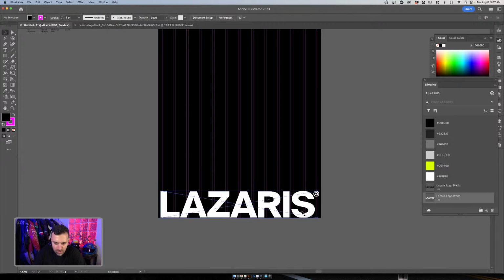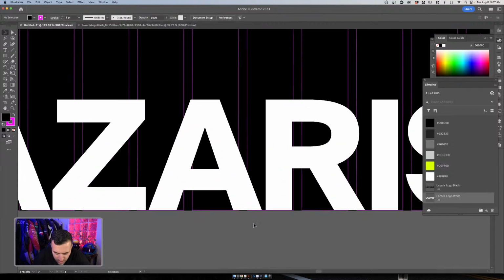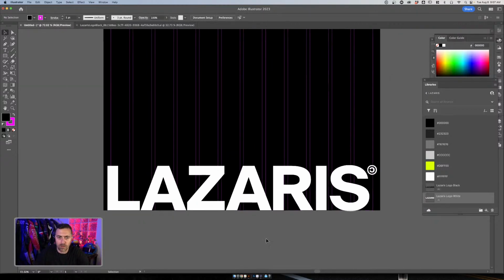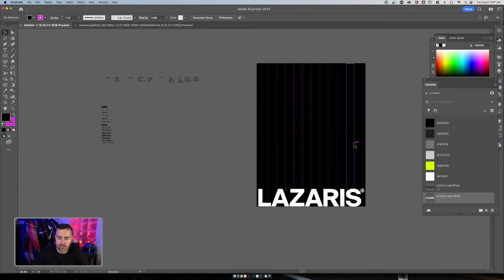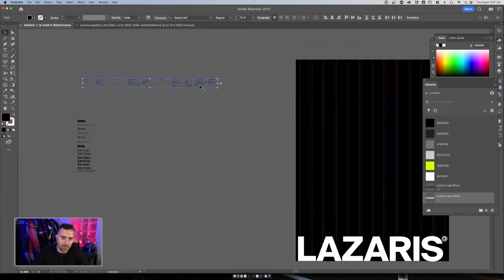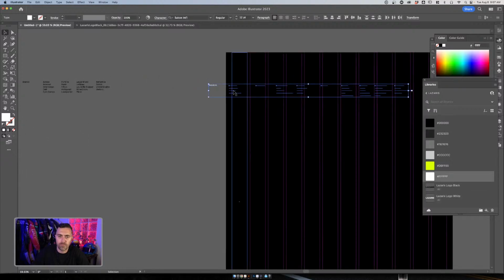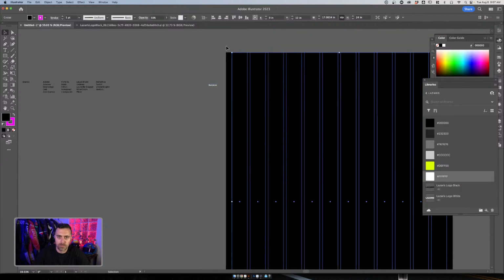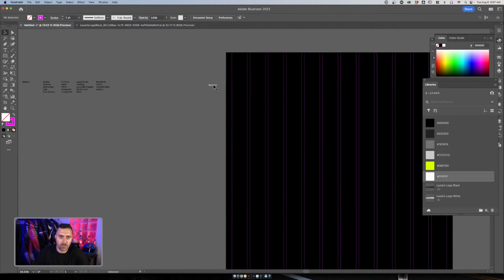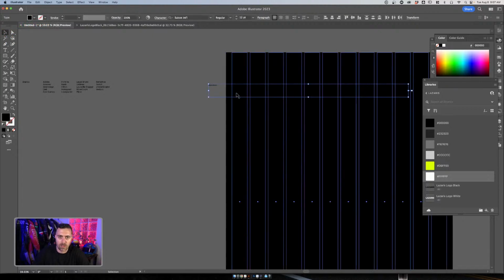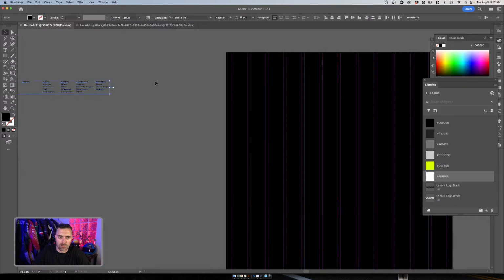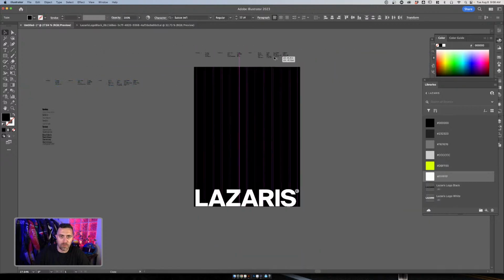I'm probably going to keep it all the way down at the bottom of the poster print. Cool. I've got some type that I've already pulled from our website. Let me just turn it into white. Let me grab that. Boom.